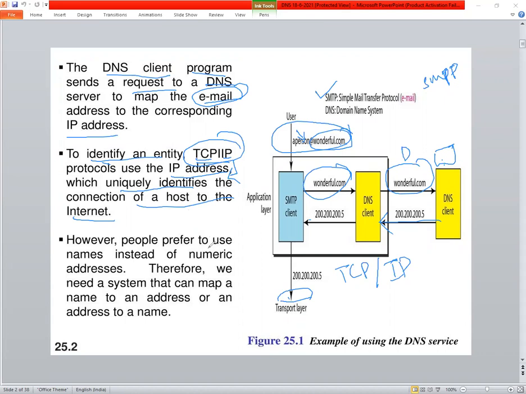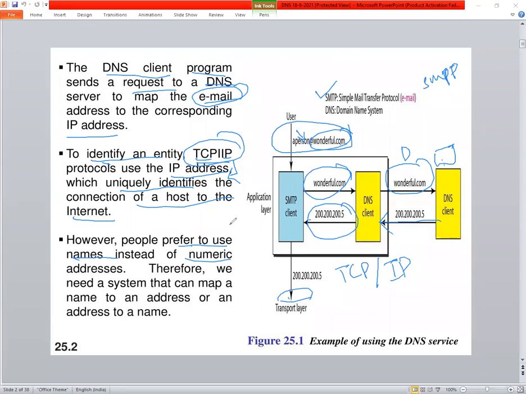People prefer to use names rather than numerics because it is hard to remember all these IP addresses. If I want to connect to the Google server, say 20.20.20.6.5, or to some other server, it is hard to remember all the numeric values designated by IP addressing.